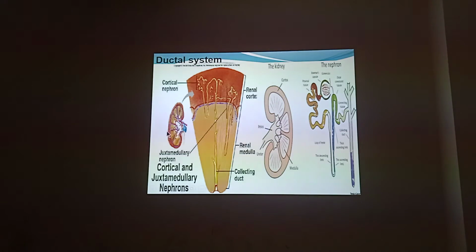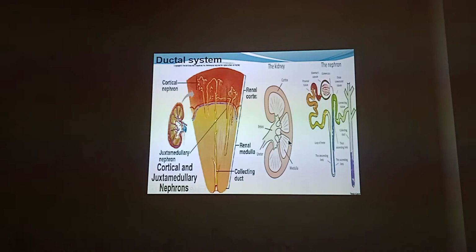Here you can see the coronal section of kidney. This is the pyramid. Pyramid is lightly stained, a very important point, and in the periphery there is the cortex. This is the darkly stained cortex in the periphery. Cortex is granular in nature, whereas the pyramids, which are 4 to 5 in number, are